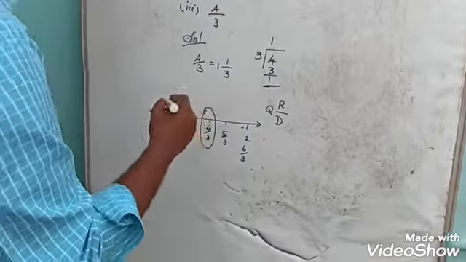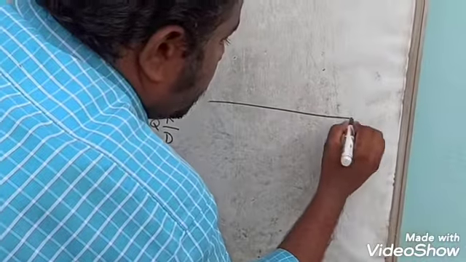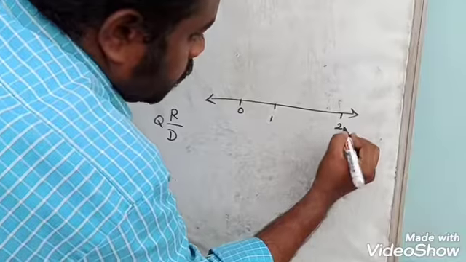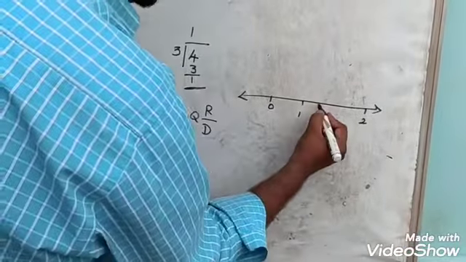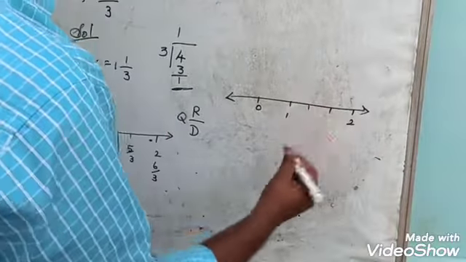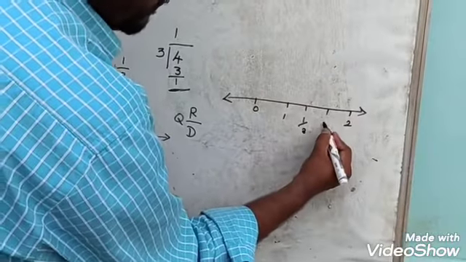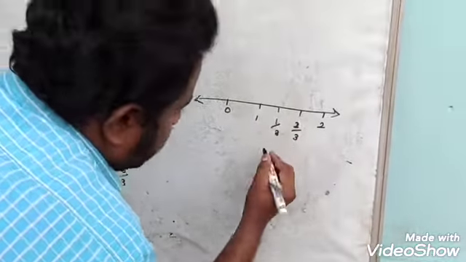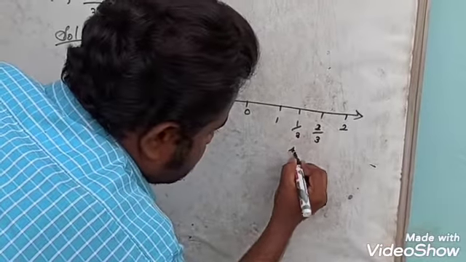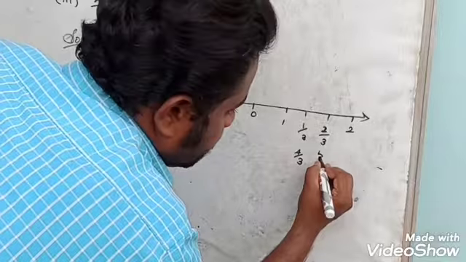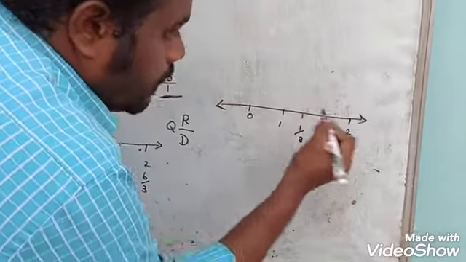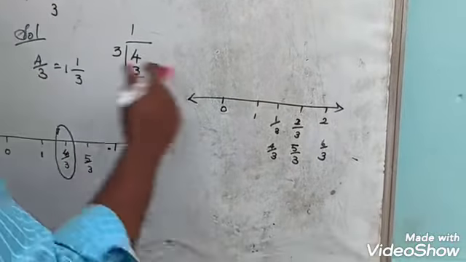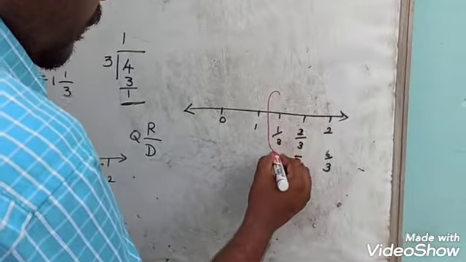So it also indicates like this: 0, 1, 2. It should be 3 equal parts. Should be 1 by 3 and then 2 by 3. In the sense 1 by 3. So 1 by 3 means this is 4 by 3. 1 2 by 3, this means 5 by 3. 1 2 by 3, that means 6 by 3. So now we need 4 by 3. So 4 by 3, this one.